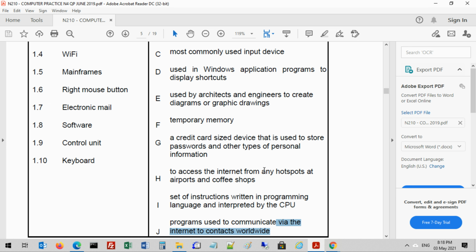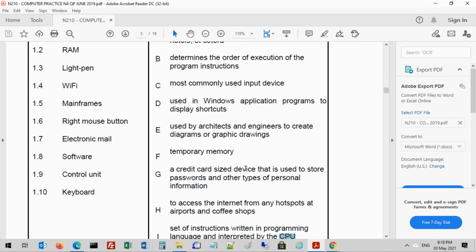Software is obviously different from hardware. Hardware is everything that you can touch, like your printer, your keyboard, your mouse, etc. And then software is a set of instructions that's written in a program, and then it's interpreted by the CPU. What is the CPU? It's your central processing unit, and it is also recognized as the brain and the heart of the computer. Okay? And then your control unit is